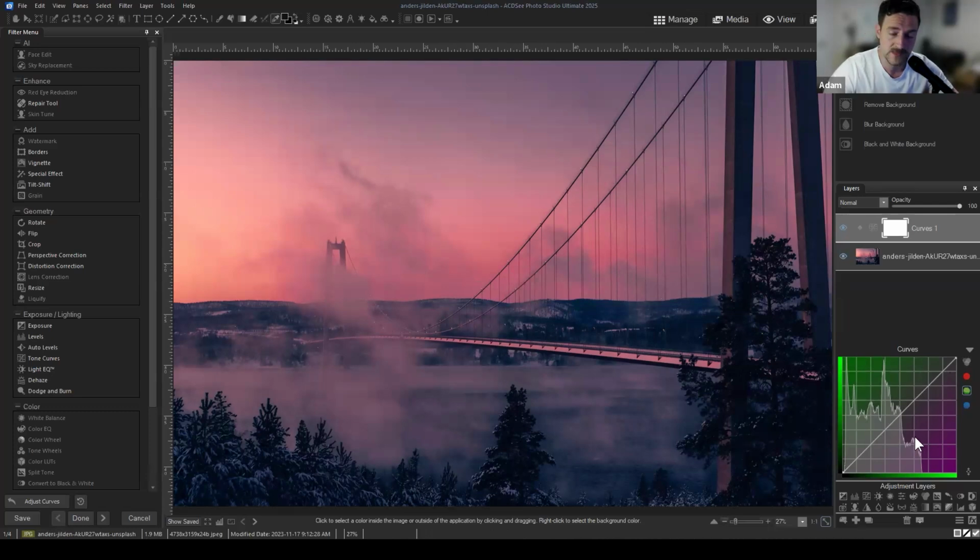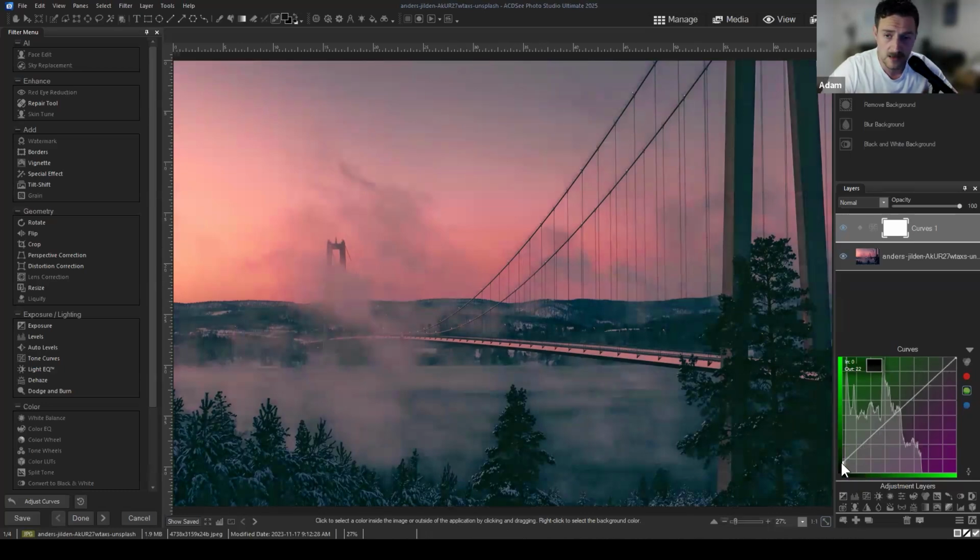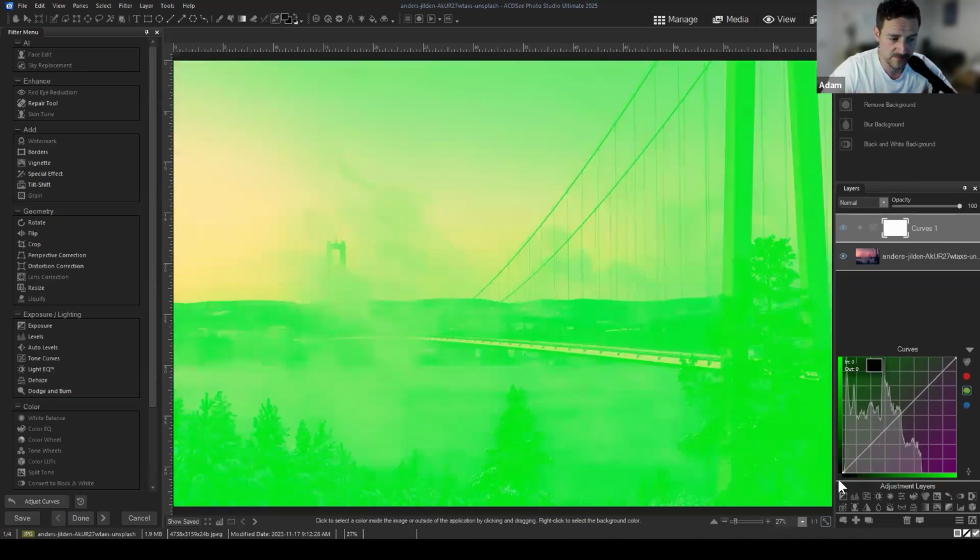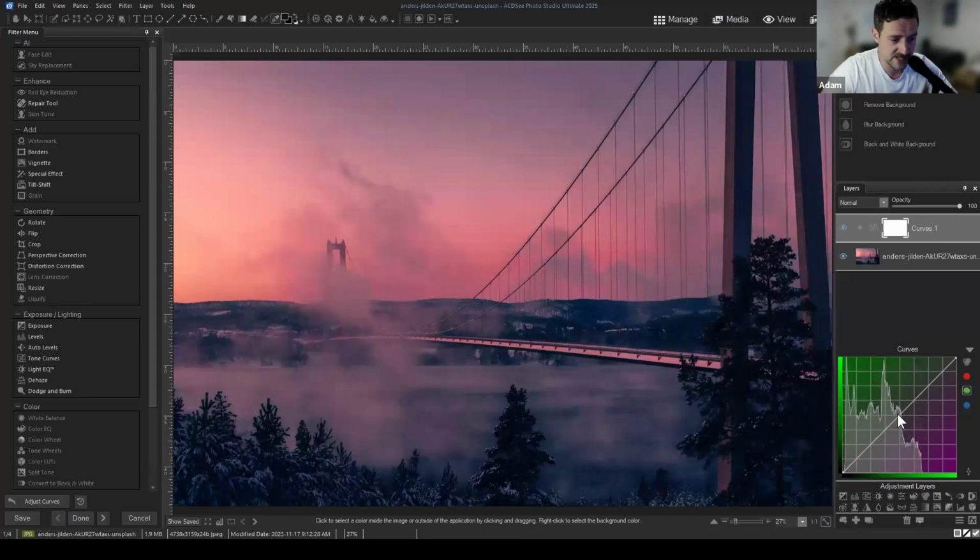What I can do is take my image here and move these values, this curve value. I can take the center here and plunge it further into the midtones in our image. So the midtone would be this range,